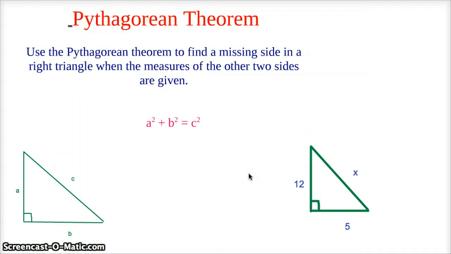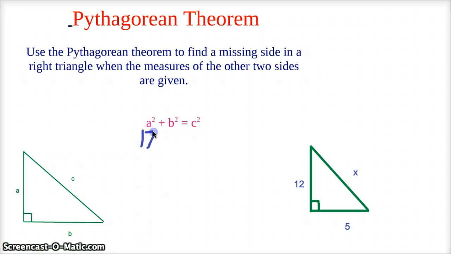If you take a look at this triangle over here on the right, this side that is labeled 5 is one of the legs, and the other leg is labeled 12. So we know the two legs, and we're trying to find the length of the hypotenuse. So in order to do this, we're going to just take our information from our labeled diagram and fill it into the Pythagorean theorem. So in for the A and the B, or the legs,